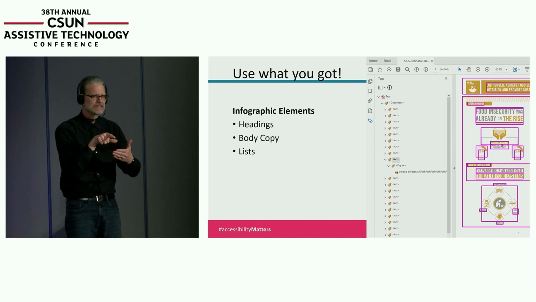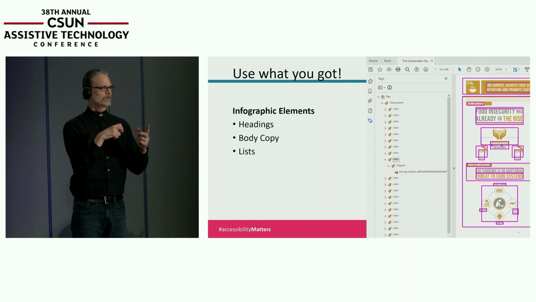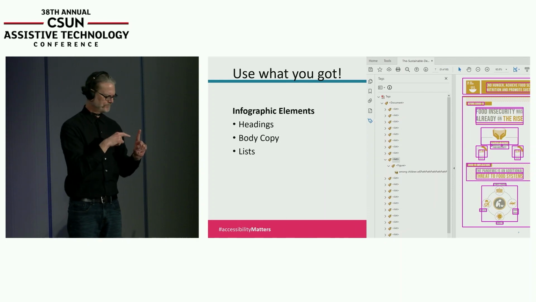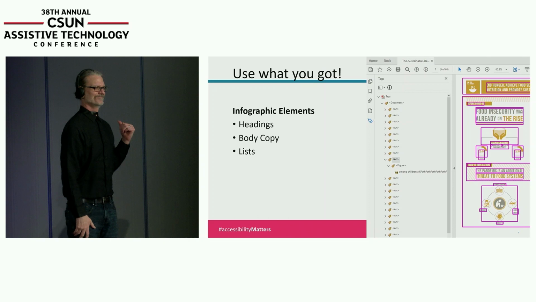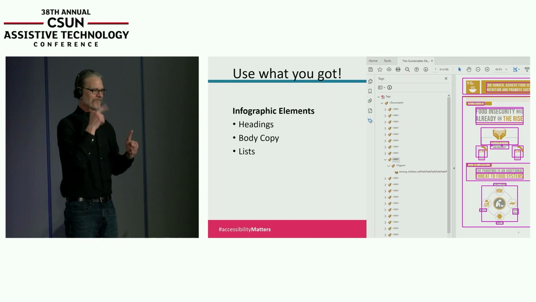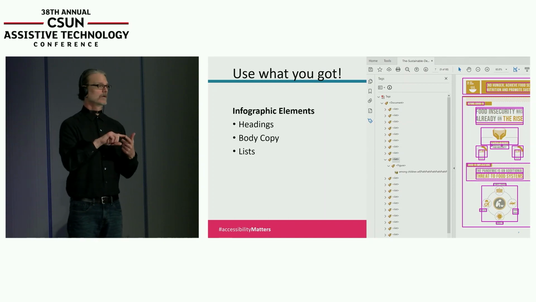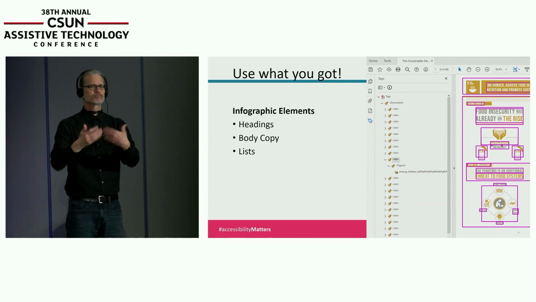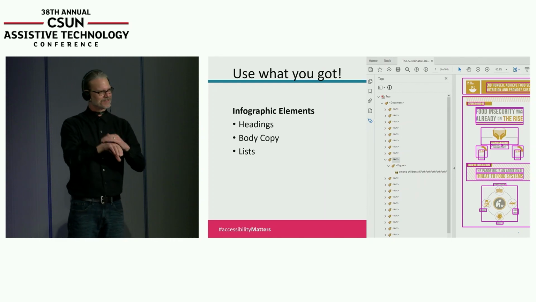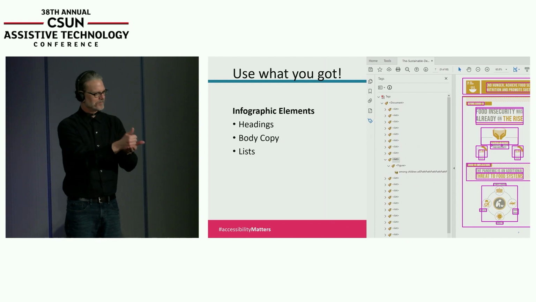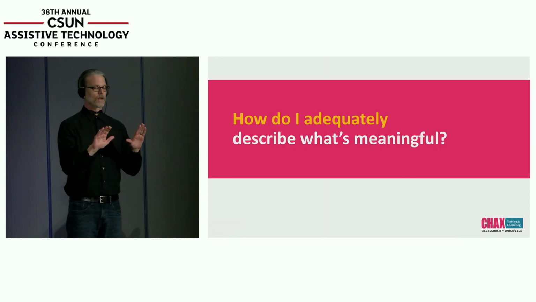And if you want to talk to the, I believe it's the UN that put this out. Feel free to tag them or talk to them. I've been trying to get at them for quite a few years. I will say the World Health Organization and the World Food Program are currently working on all of their accessibility programs and have taken great steps to make sure that going forward their content is more accessible. So we can make a difference. We can make improvements, okay? So how do I adequately describe meaningful items?